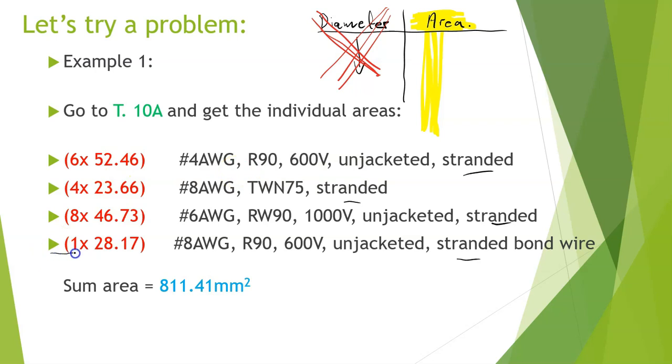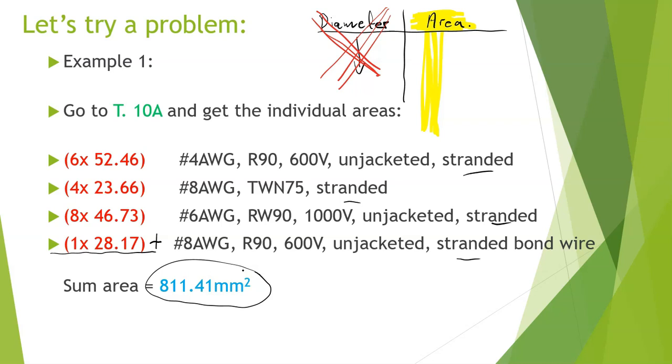Again, it's a very simple process at the end. If you've put brackets around everything, you can just do all of this in your calculator in one step: bracket everything, order of operations, and then simply add it together, and you will get a grand total area for this bundle of wire of 811.41 millimeters squared,